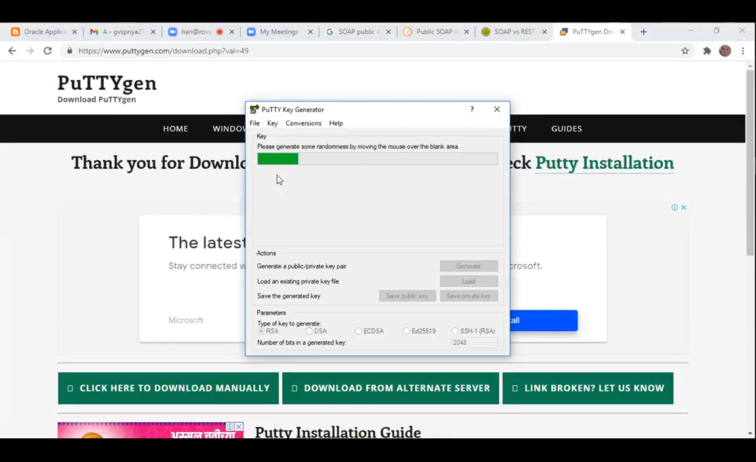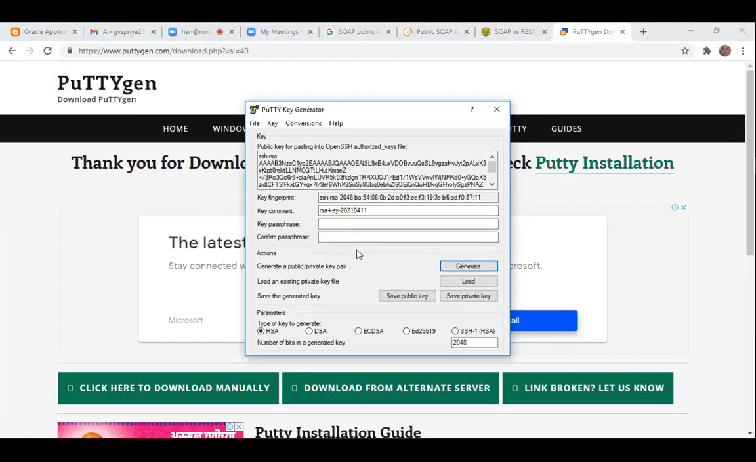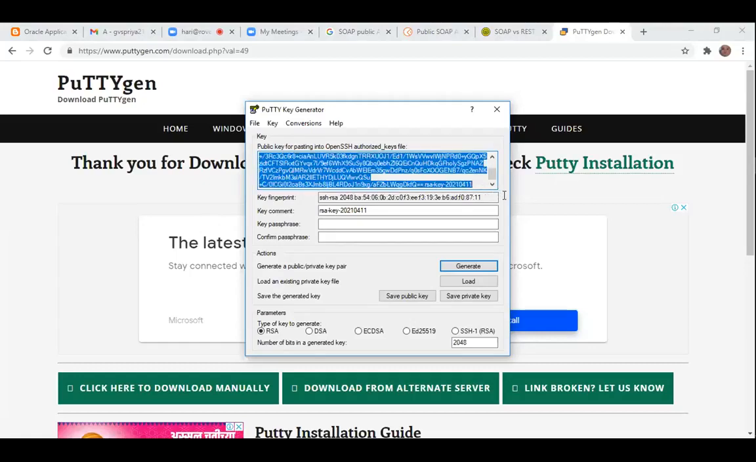And here you see the space. Just hover it on a free space, the blank space just below that line. Keep hovering on it. Yeah, fine. Now here you see the public key in the above text box, starting with ssh-rsa. This has been generated, right? Now this you need to load in your